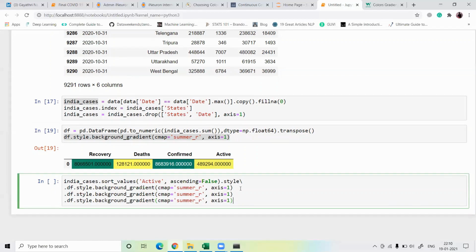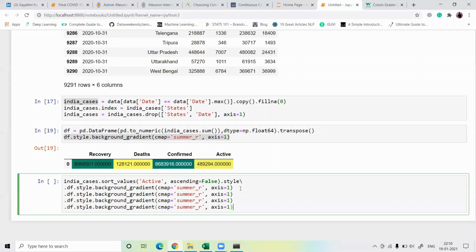Okay, confirm, death, recovery and active. Now one more. So first I just remove this from here to here, because these are just copied from upper to lower, guys.